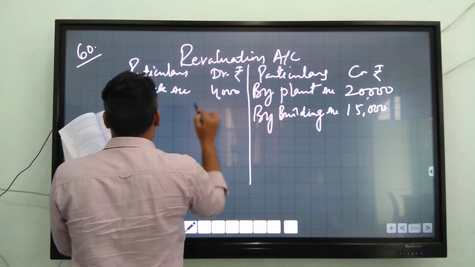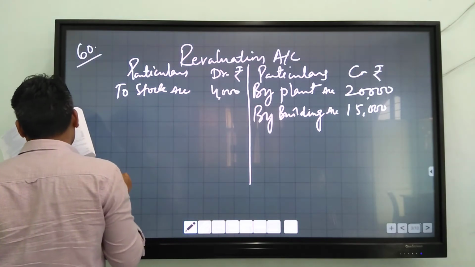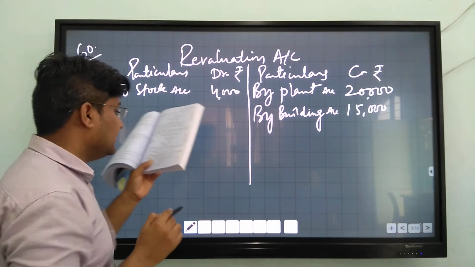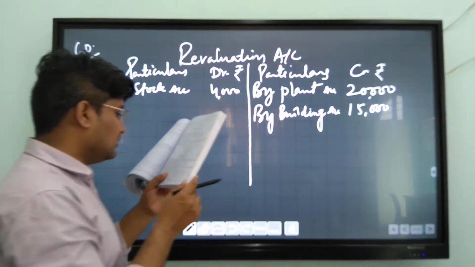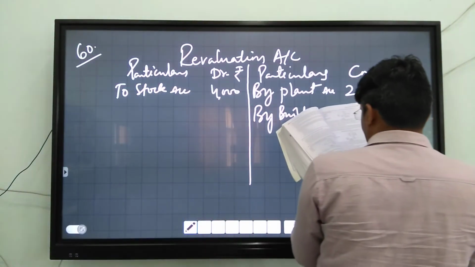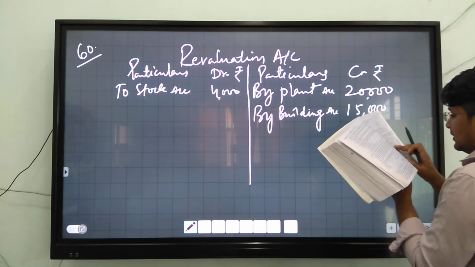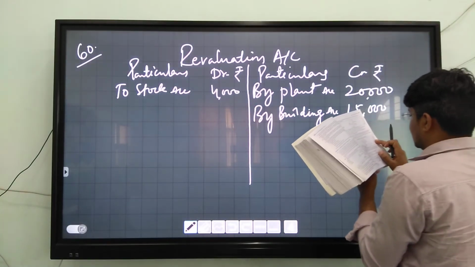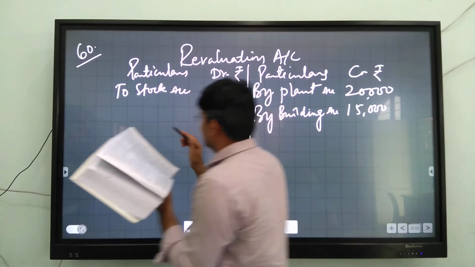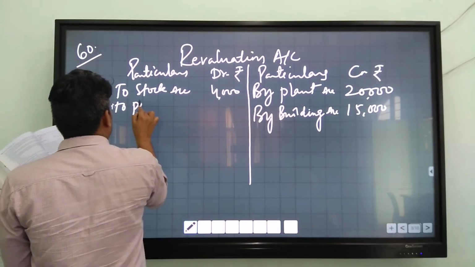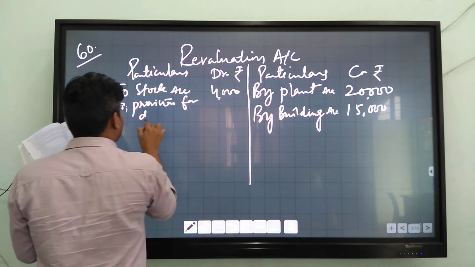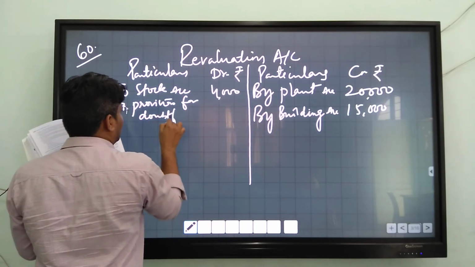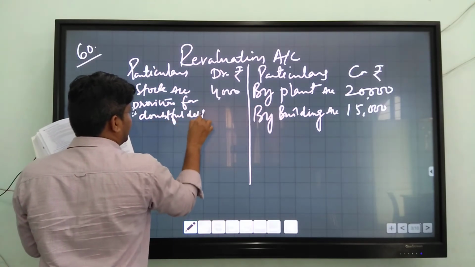4,000. Next one is a provision for doubtful debts to be created at 5% on sundry debtors. Debtors is given 60,000. We will find out 5% of 60,000, that is 3,000 only. And you will write to provision for doubtful debt. To provision for doubtful debt